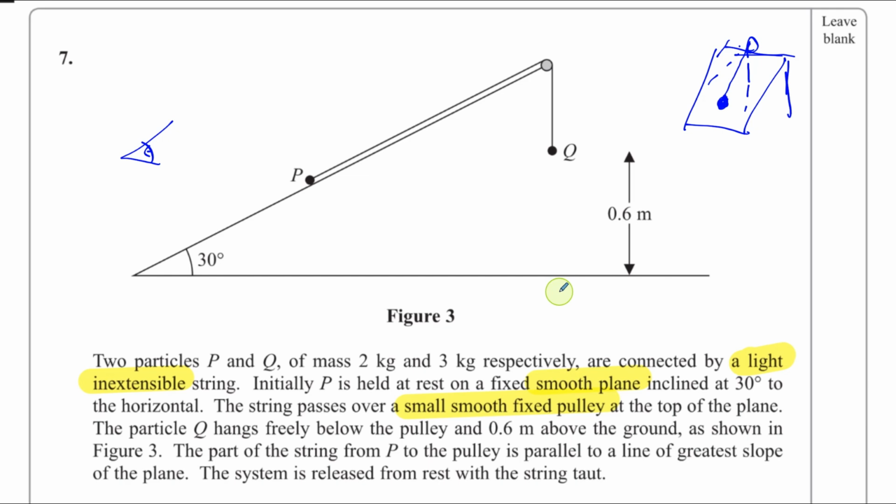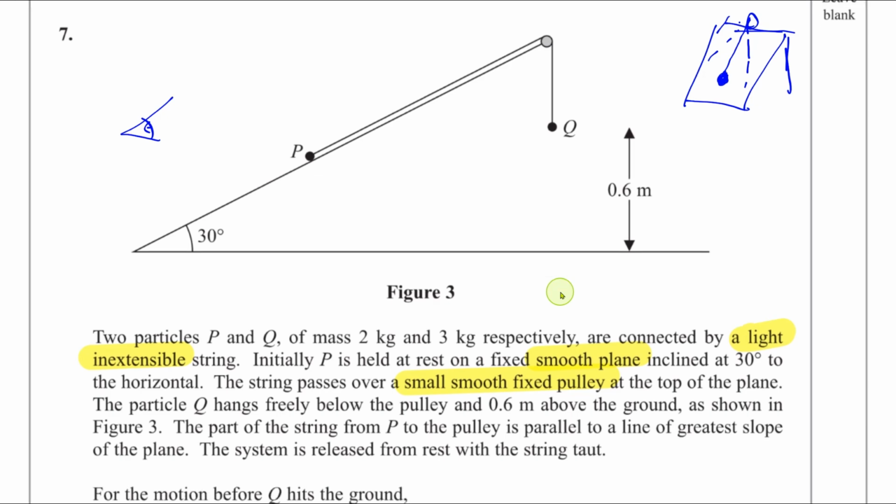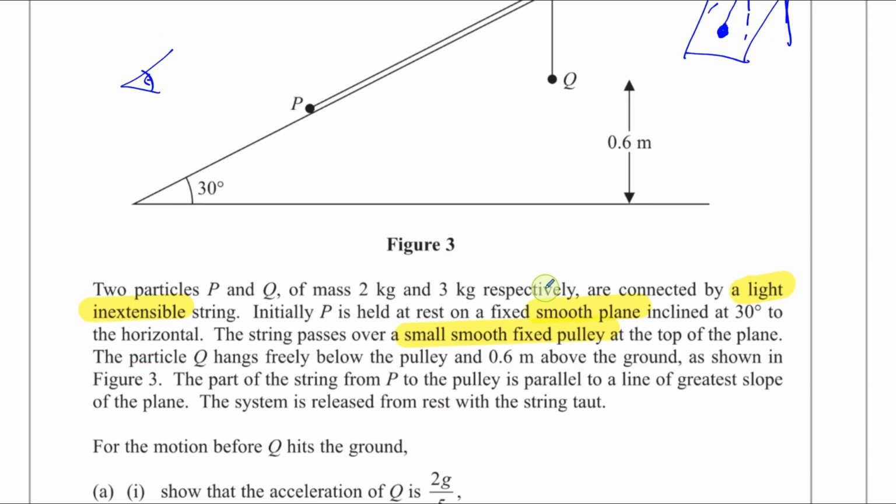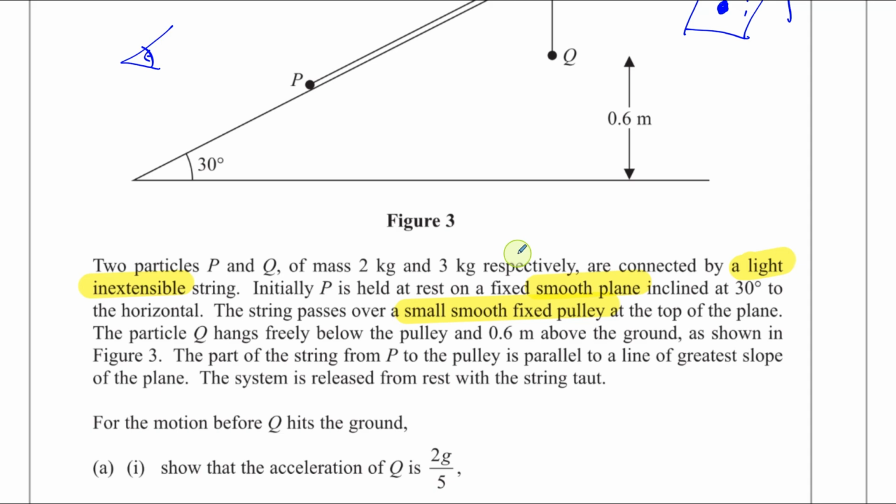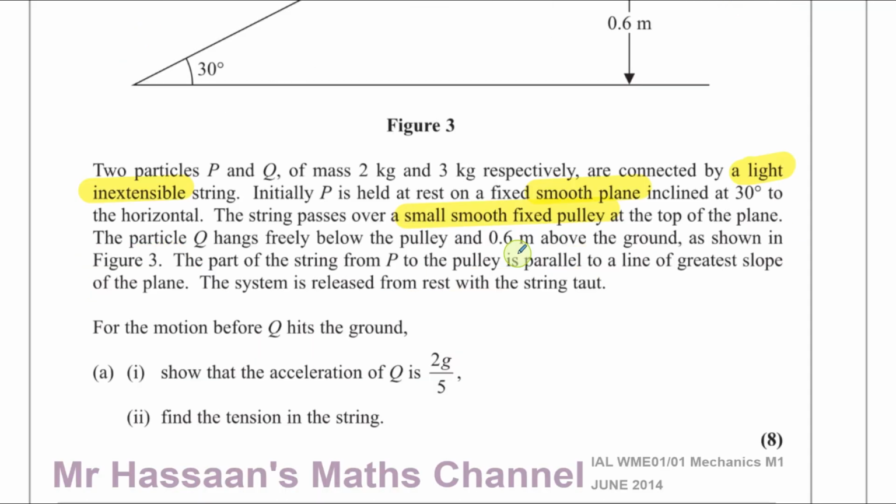The system is released from rest with the string taut. There's tension in the string when it's released. For the motion before Q hits the ground, show the acceleration of Q is 2g over 5, and also find the tension in the string. Okay, so now